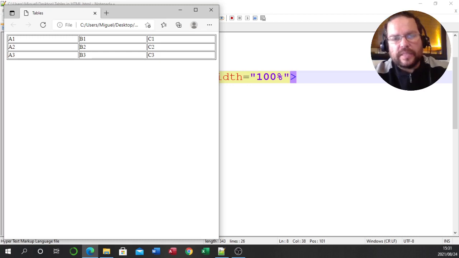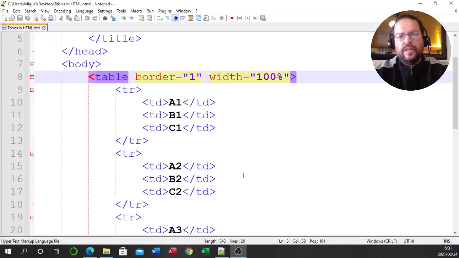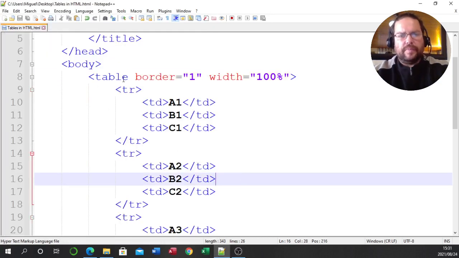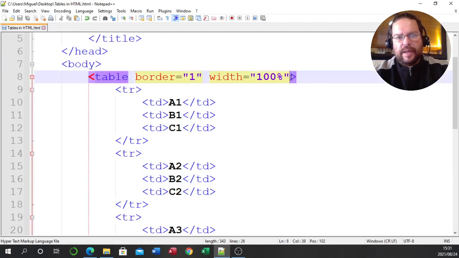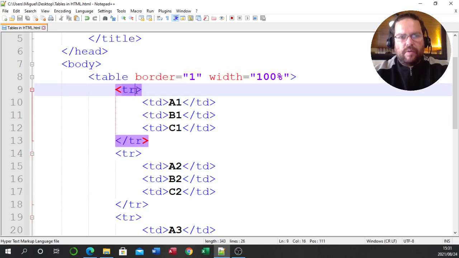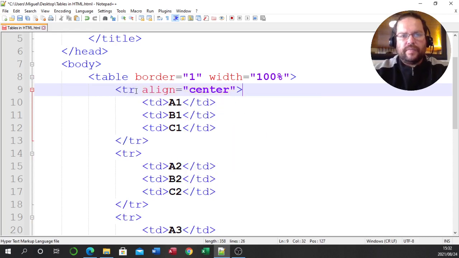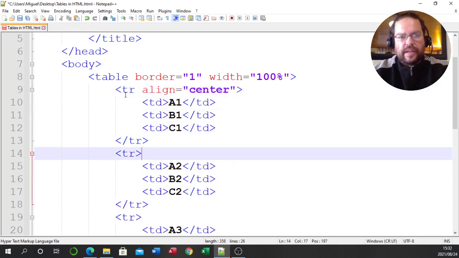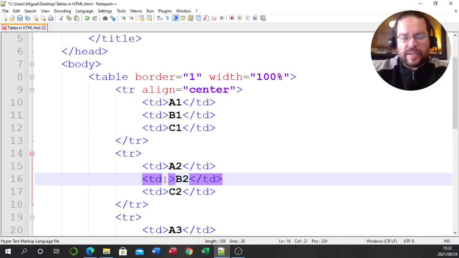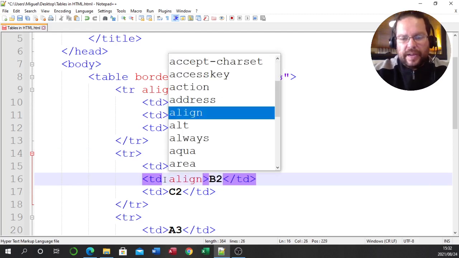If you just want to center one cell, so let me show you now what I mean by these different codes. So if I come into the table and I say align here, then what happens is I'm going to center the table in the page. If I come here to table row, everything inside this row will be centered. Alright, so that's the first row. In the second row, let's say I just want to center B2. So if I come now into the table data and I align it here,